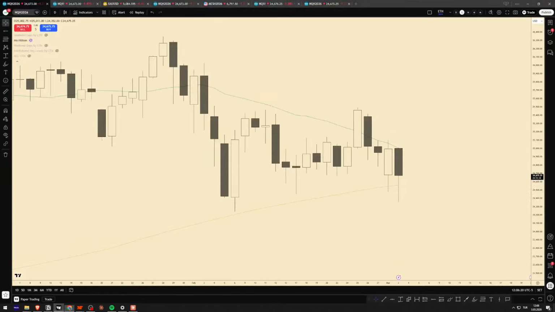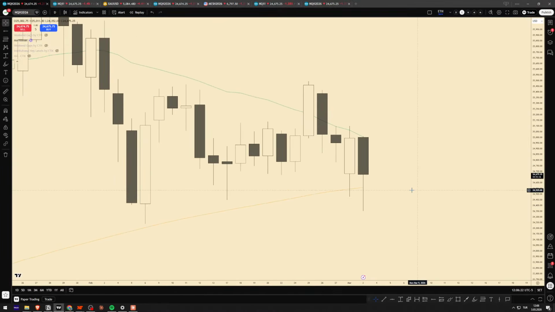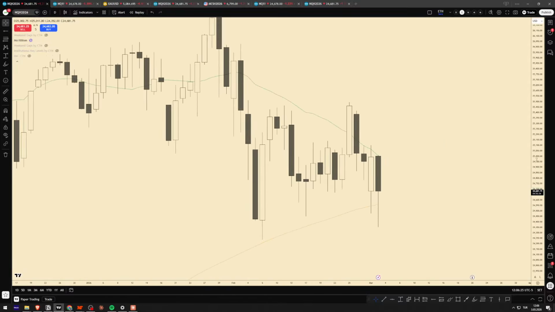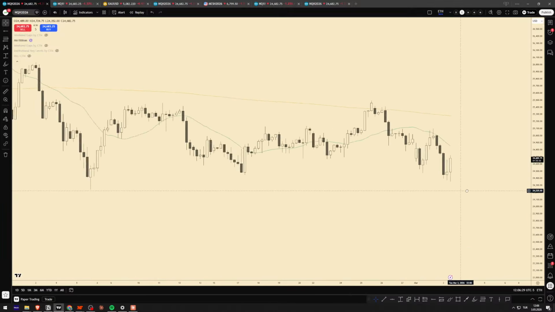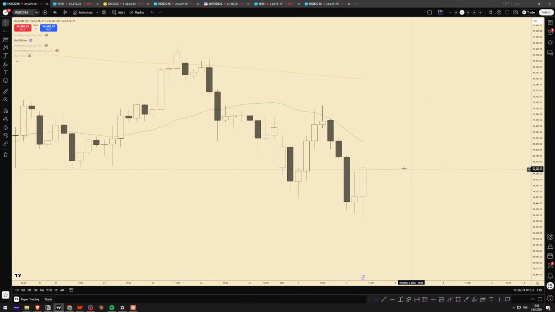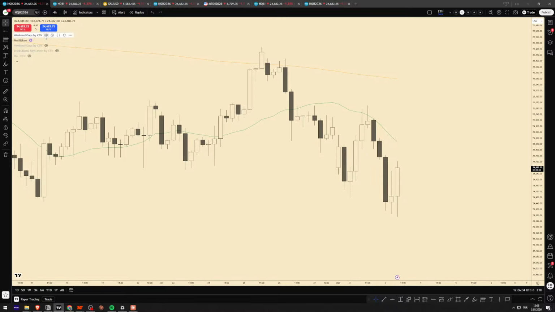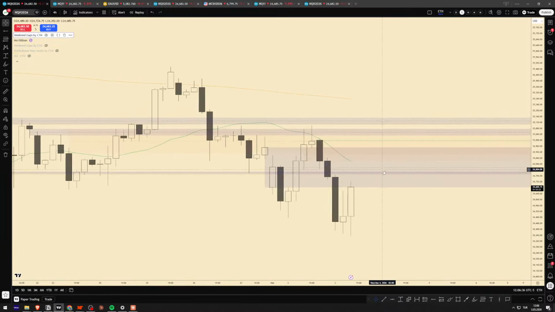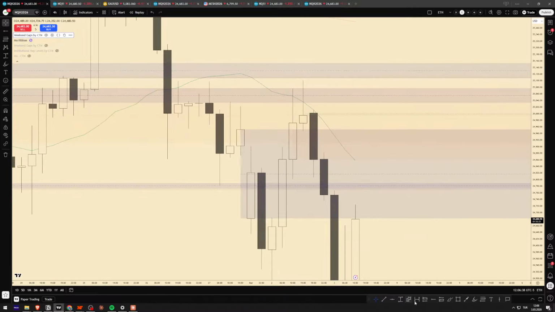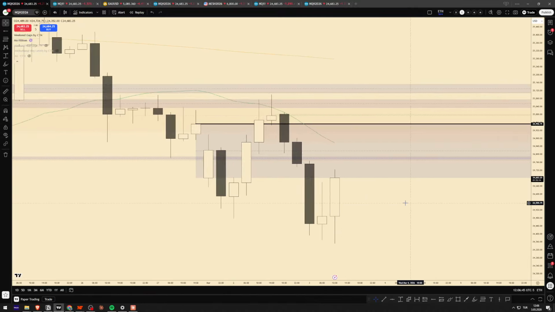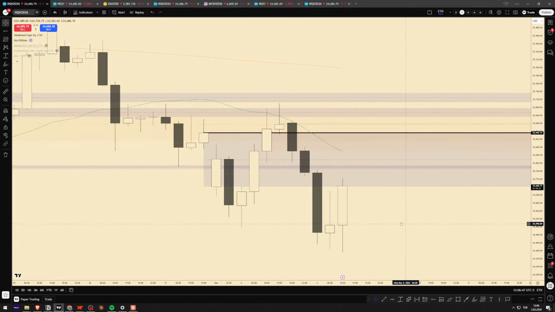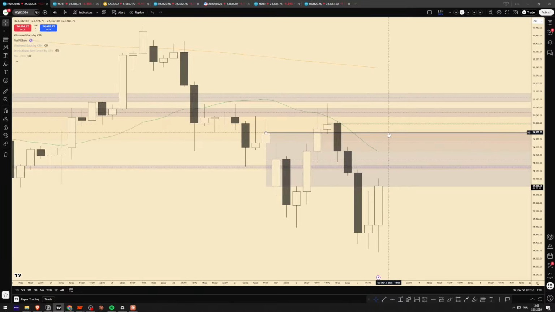What is my target? Well, my target, let me look at it. My target is the midpoint of this weekend gap and maybe the high of this weekend gap, right at this level. This is my target. But this target is for this week. I believe price might come back to this level this week, but I'm not entirely sure about